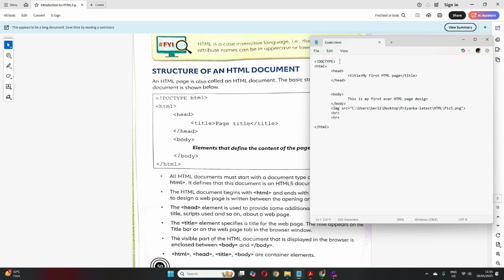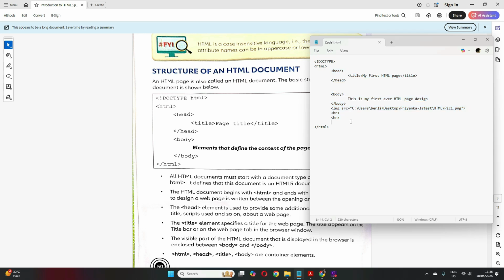Clear? Now the second is the HTML tag. This HTML tag that I have written has a start tag and an end tag, so it is a container element. Remember, this is a container element. The entire code that we have to write, what needs to be displayed in our web page, has to come within this HTML tag. So first is doctype, the document type declaration. Then we have the HTML tag, inside which you write the entire code to design your web page.